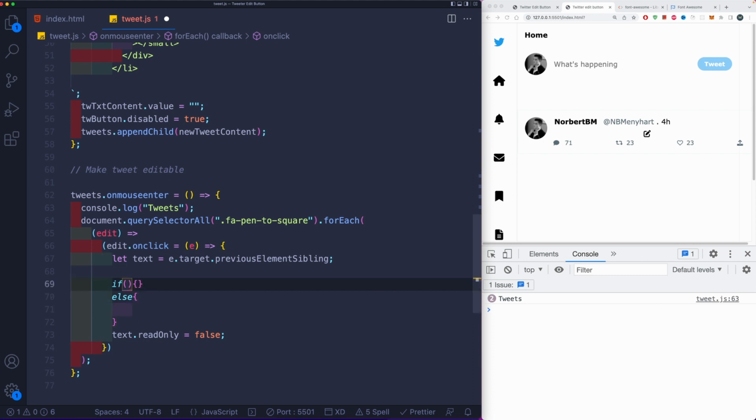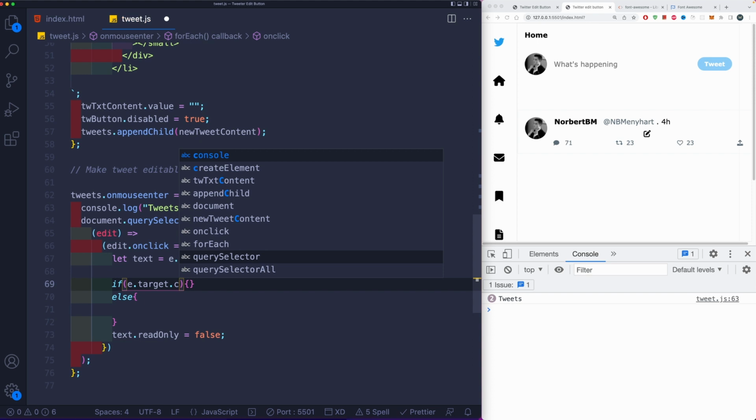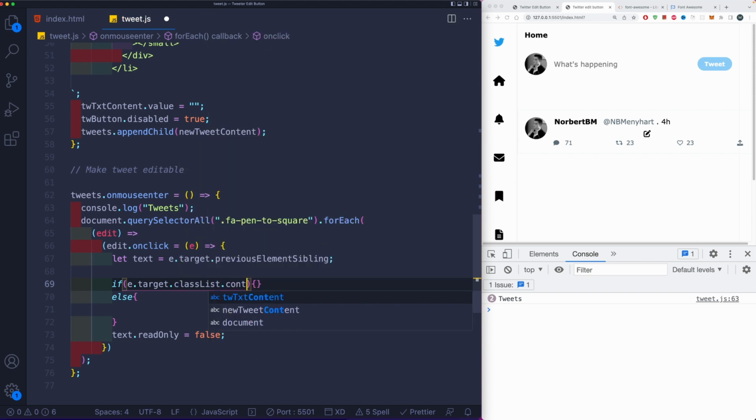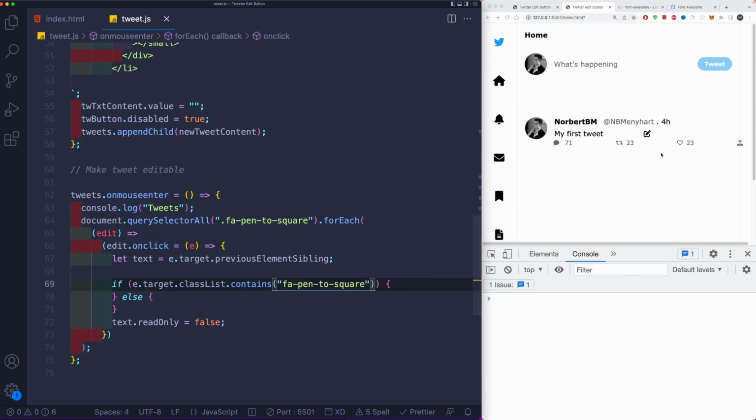Now within the if, we're going to say that if the e.target.classList.contains, so we're going to search if this targeted element, if its class list contains the class of fa, we don't need the dot, fa-pen-to-square. Now if it does contain this class, that means that the edit button is active. So we're going to go ahead and